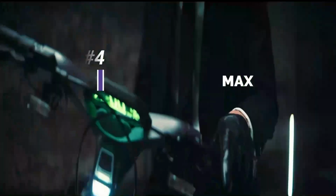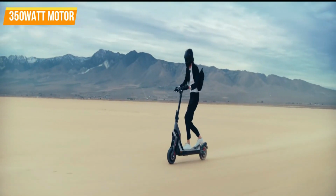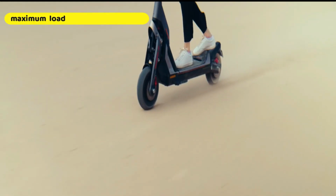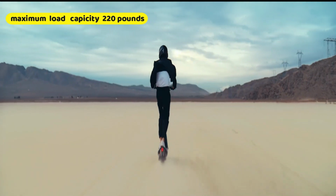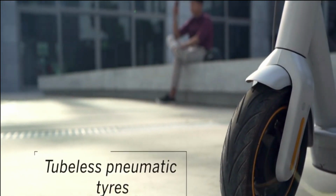It has a powerful 350-watt motor. It can reach 18.6 miles per hour and travel up to 44 miles. It can carry a maximum load of 220 pounds. It has newly upgraded 10-inch self-healing tires, which can withstand multiple punctures without tire deflation, preventing a potential tire replacement